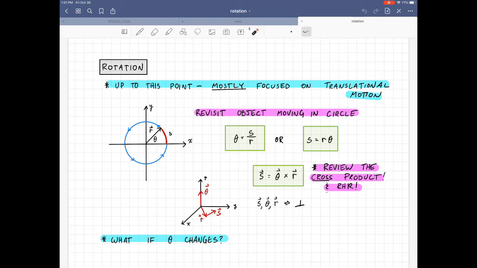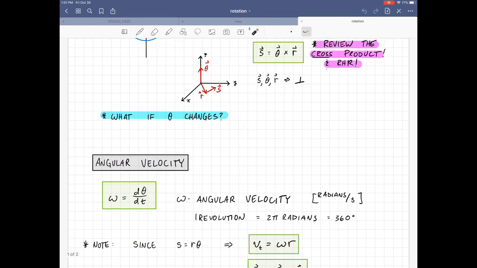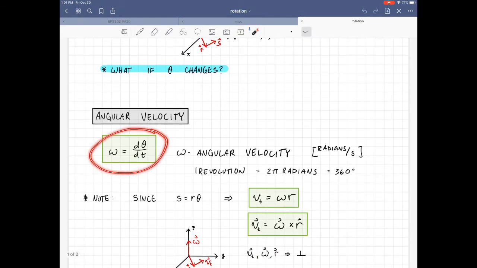So that's our definitions. And then what we want to think about is the motion of an object that's traveling around in a circle. So what happens if theta changes? This is going to introduce angular velocity. Our definition for angular velocity is: how does theta change with time? So take the derivative of your theta function with respect to time, and that gives you the angular